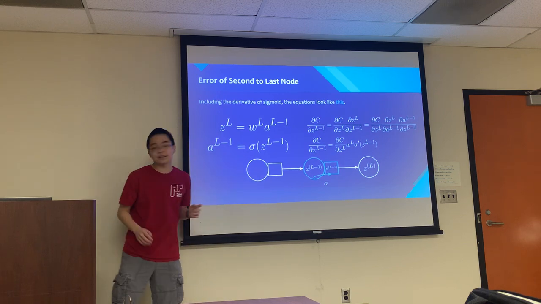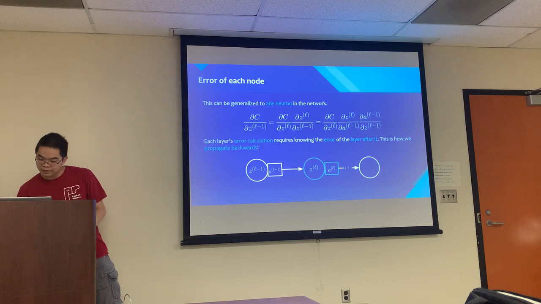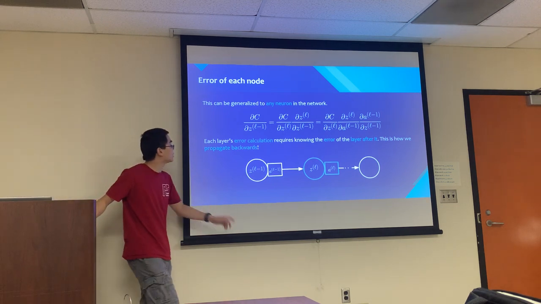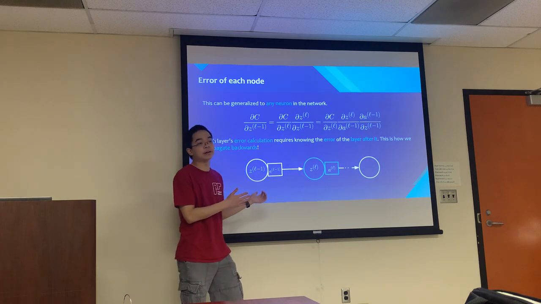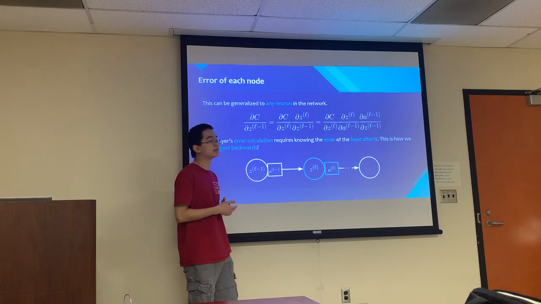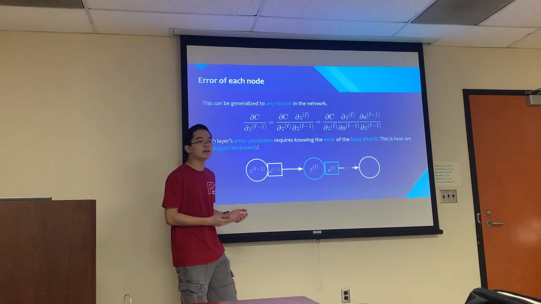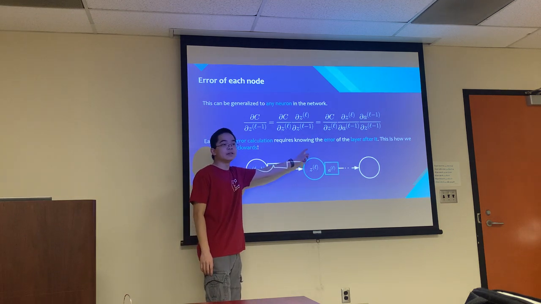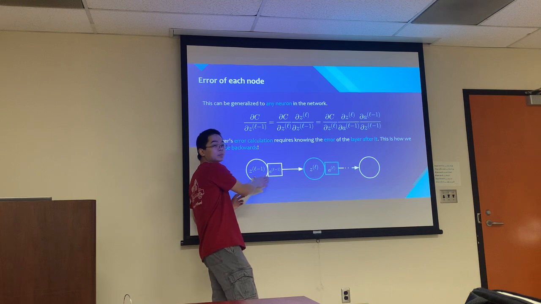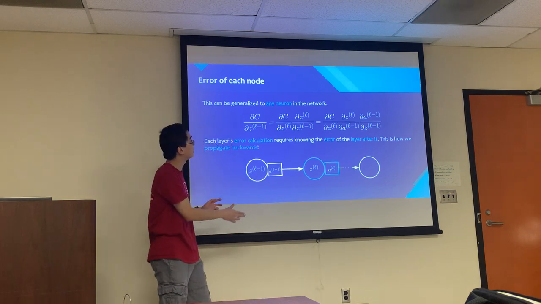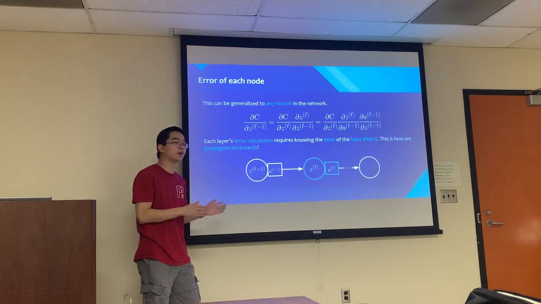I think the next slide will go a little more in depth on that. Oh no, actually, this is just saying that we can move backwards arbitrarily far, because this process is robust. We can always use the upstream gradient to calculate the next one behind it. We just need to apply the chain rule more and more.